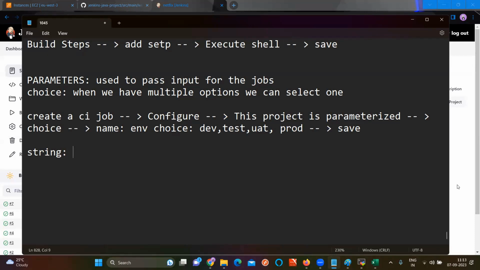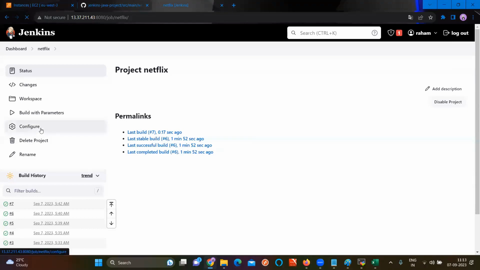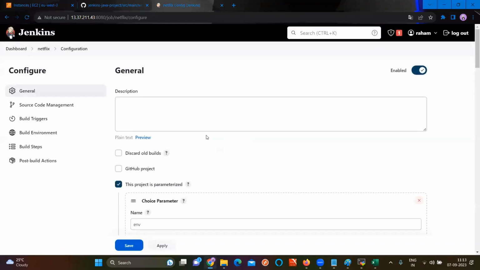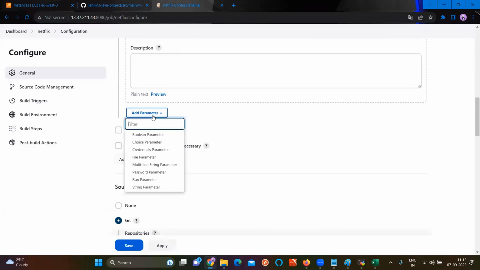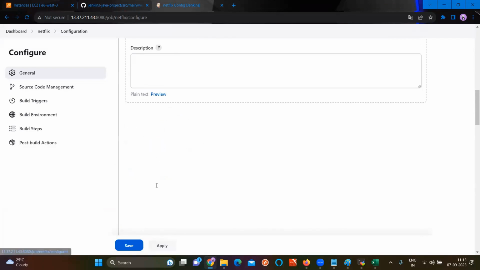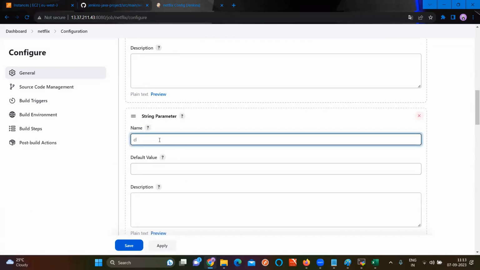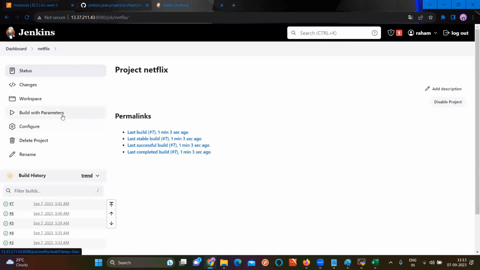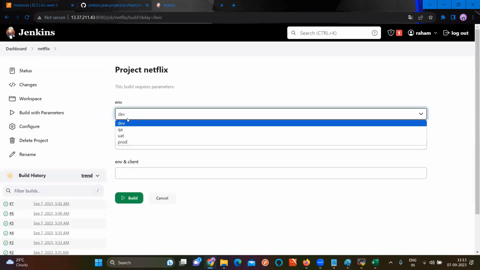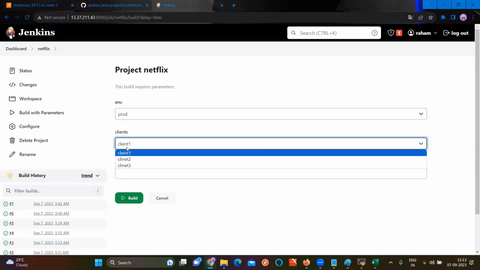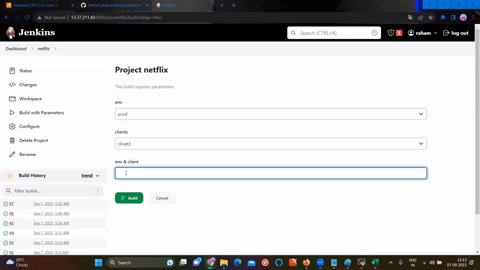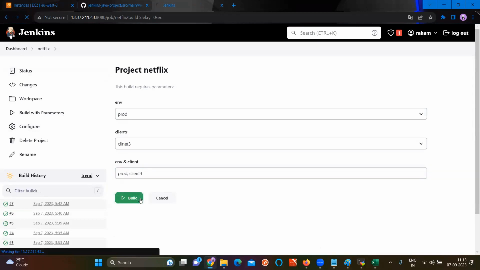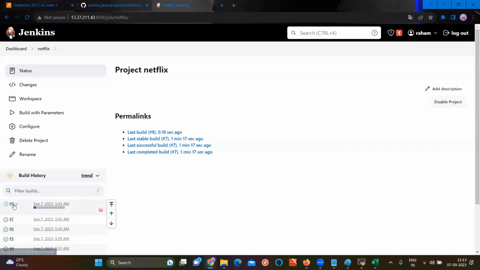If you want me to show, again click on configure. So click on string parameter. Here write client and, sorry, here write environment and client. Click on save now. If we click on build with parameters, sir, here I want to deploy in production for my client 3. Here can I pass prod comma client 3 or not, sir? Click on build now. If you go to build number 8,